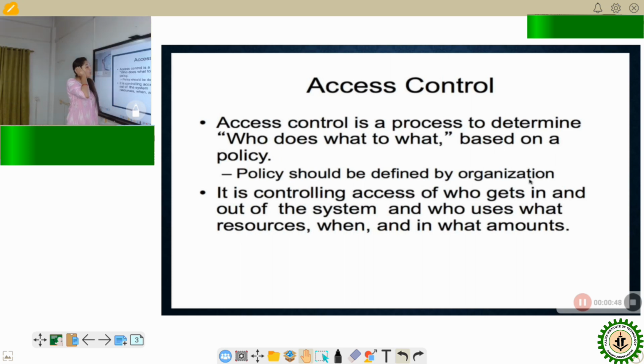Access control policy also tells us at what time a user can access some resource, from which place, and for what time duration. All of these things are detailed in a security policy, which is first approved by the higher management or top officials of an organization, and only then is that security policy implemented in the organization.